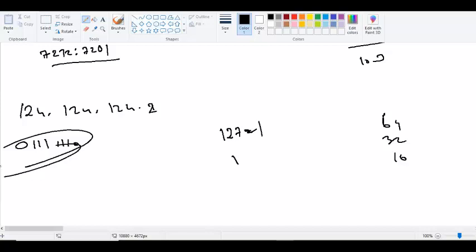See, so 64 plus 32 plus 16 plus 8 plus 4. Correct. Then why didn't you put 0 here? Here also it should be 0, no? 2 zeros, no? Okay, then correct. So this is 124. Again, same only, and then